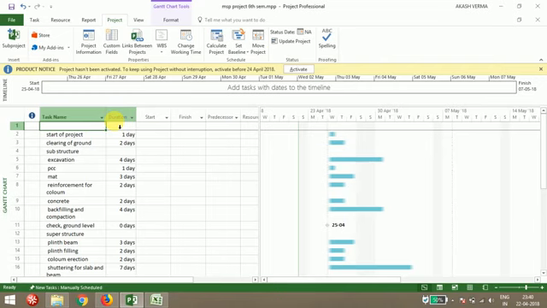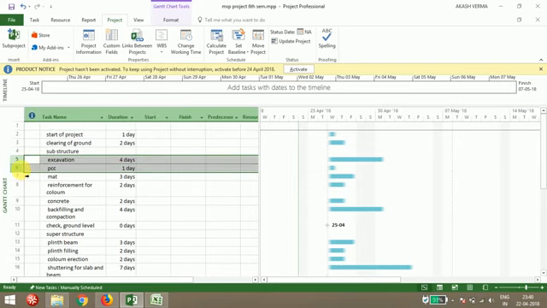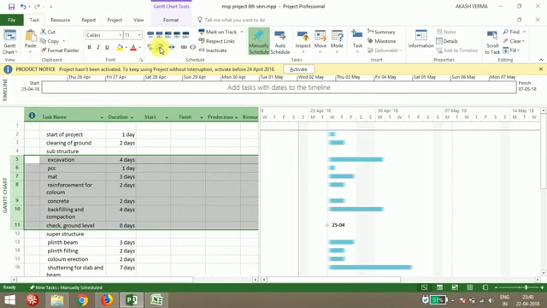So you have to group all the activities under that event. Suppose that from task fifth, like excavation, PCC, mat reinforcement for column, concrete, backfilling and compaction, and check ground level, I'm going to group it as one event. So just go to your task tab. In task tab, one option is the indent. If you select the indent, these activities will go under substructure part.